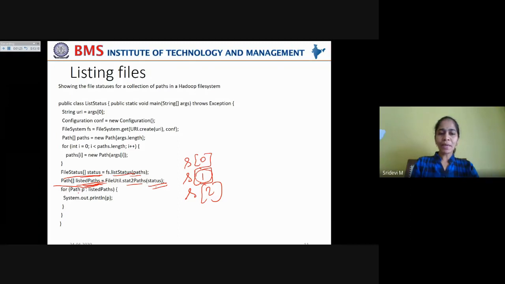Now for each Path p in listedPaths, you're accessing each of the listed paths and printing it onto the screen. What we actually do in this program is get the statuses of multiple files and print all of them together by accessing each of them using a for-each iteration.